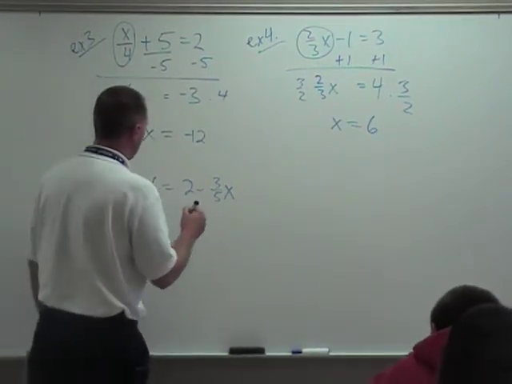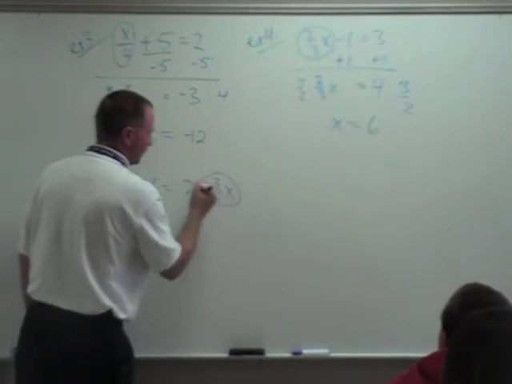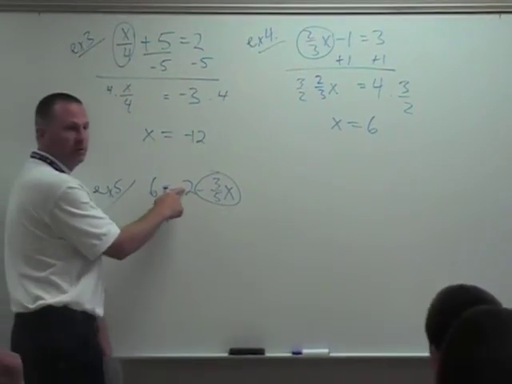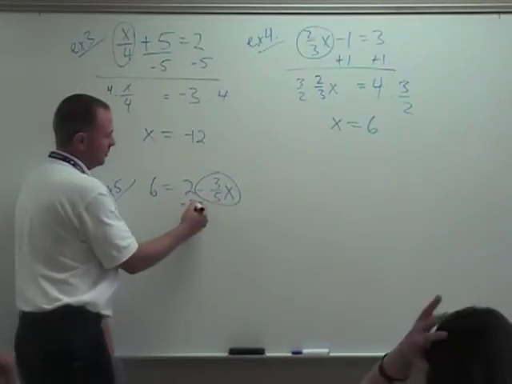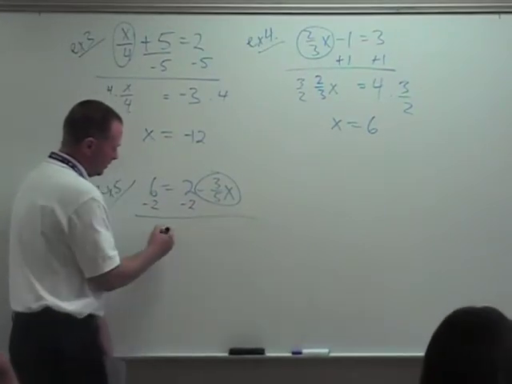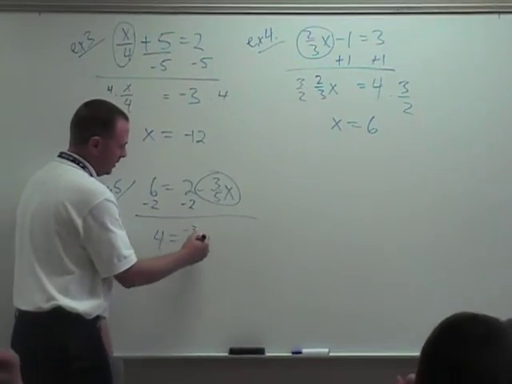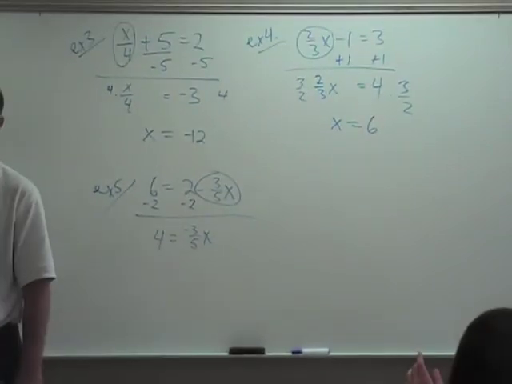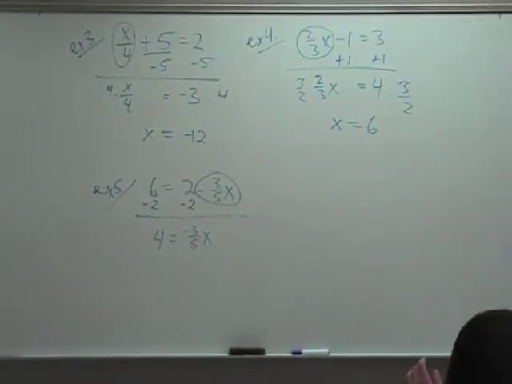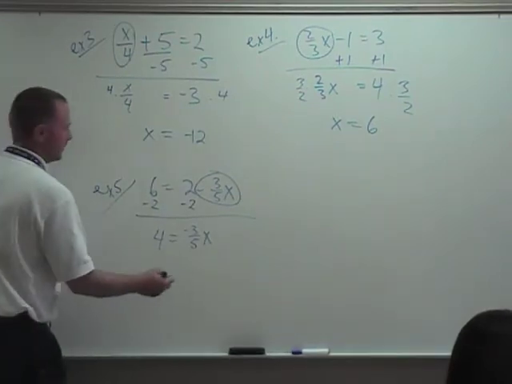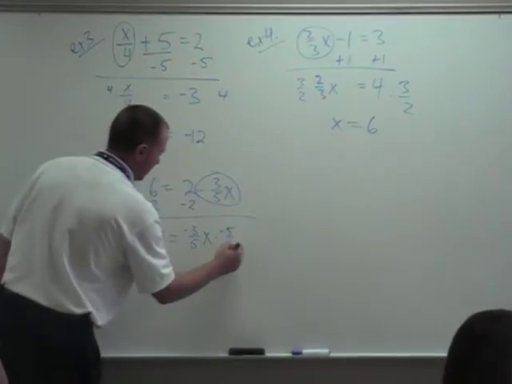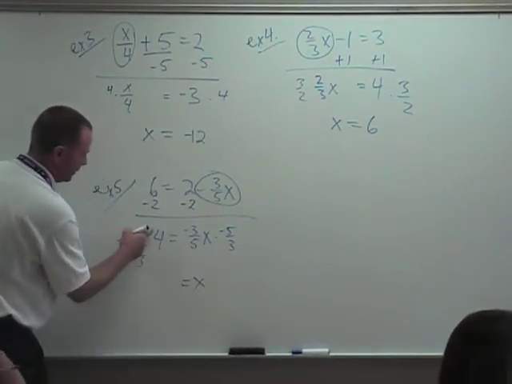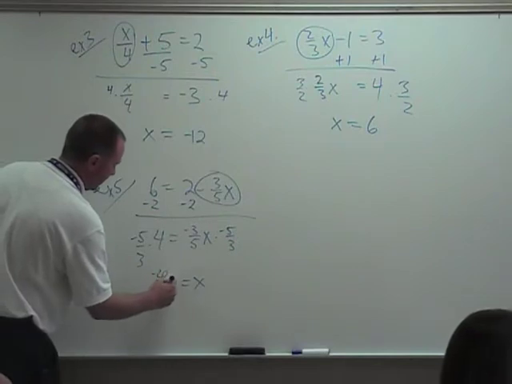Is 1/10? Yeah. All right. This is the term you're solving for, minus 3/5 x. And you get rid of the 2. The positive 2, you subtract it. So 4 equals negative 3/5 x. So now what do I do, Sophie? You have to multiply 4 by the reciprocal of negative 3 over 5. Yeah. So it's multiply by negative 5 over 3. All right, so x is going to equal negative 20 over 3, which is